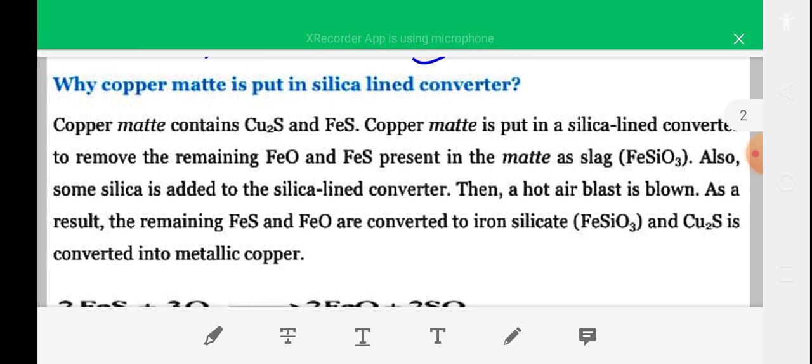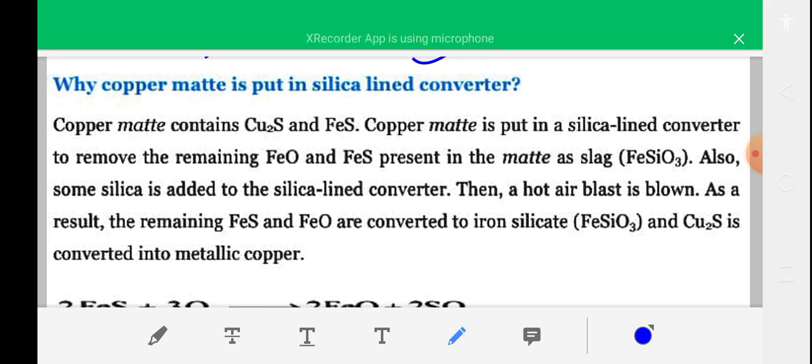Why is copper matte put in a silica-lined converter? Same answer. Copper matte contains impure copper, that is, it contains copper sulfide and ferrous sulfide. Copper matte is put in a silica-lined converter to remove the remaining FeO and FeS present in the matte